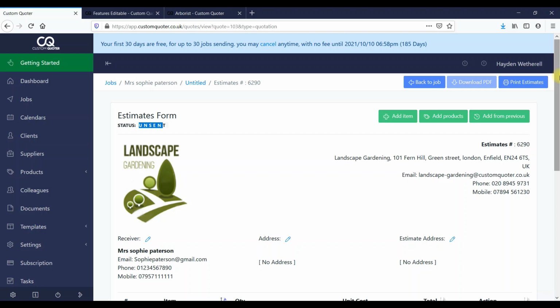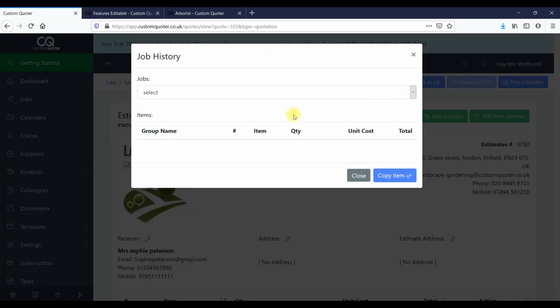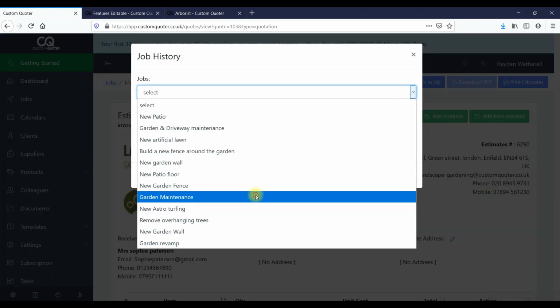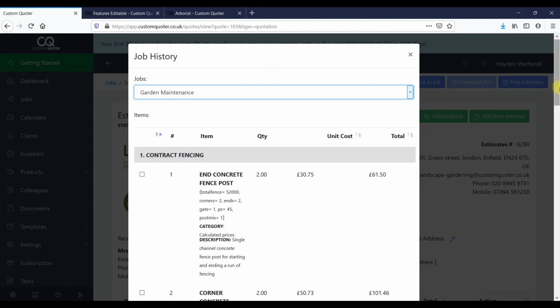So many landscape gardeners also do maintenance jobs for garden maintenance, and at the end of the month they need to send out all their invoices for their maintenance, which takes a lot of time, many hours. And we want to show you how you can do that within minutes here. So if I've got my existing client list, I open this up from an existing client. I can click on this button, add from previous, come here to garden maintenance,